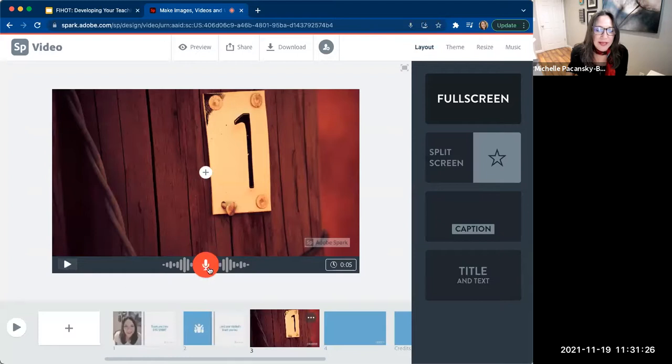Oops. Now, if you don't like that, you just push the red record button and record again. You do have to keep your finger on record as you're speaking. You'll figure that out. Okay. Yeah, so that's kind of how this works. I don't want to take up much more time here because I want you to have time to play.